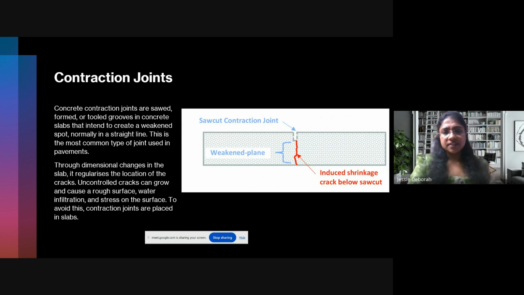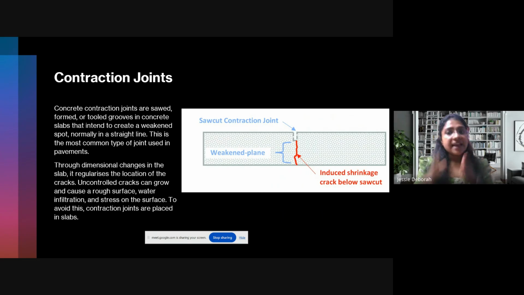Contraction joints, these joints, if you see, are actually man-made. They are saw cut. Why are they saw cut? If you have to understand this better, what is stress? Stress is nothing but load by area. So in this location, what we are doing is reducing the area by making a small cut. So naturally, what is happening?